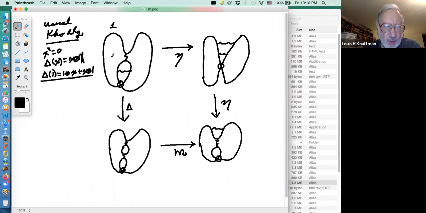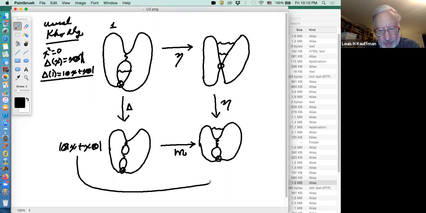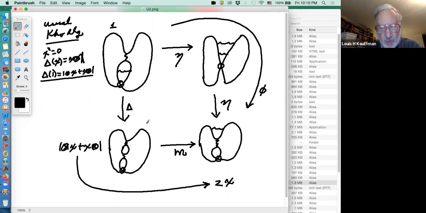And if you started with a 1 here, then we would have 1 tensor x plus x tensor 1 here. And then you would multiply, which means you add the products there, and you would get 2x. But if you went this way and you got 0, well then, what did we do? We changed the algebra rules